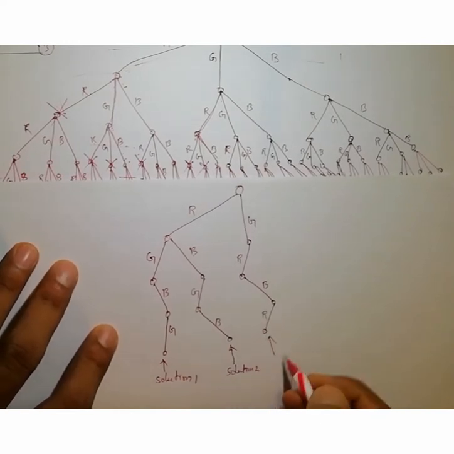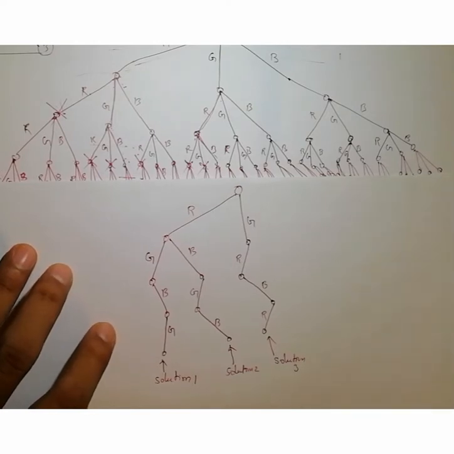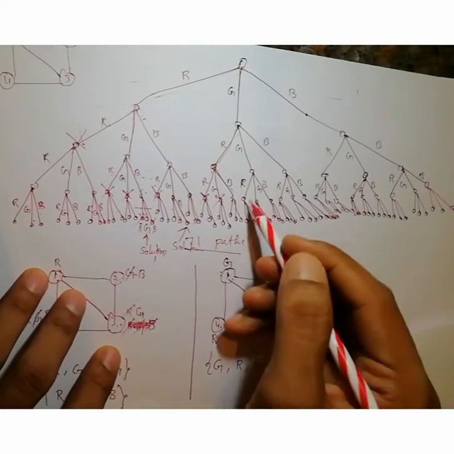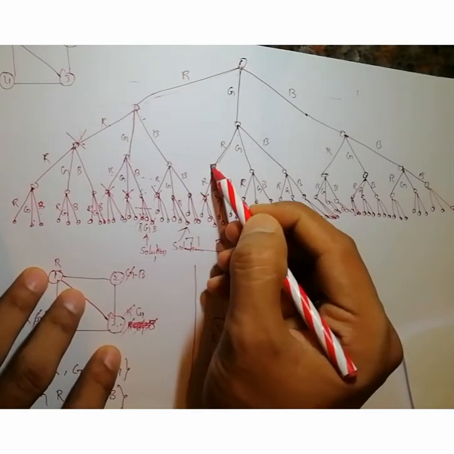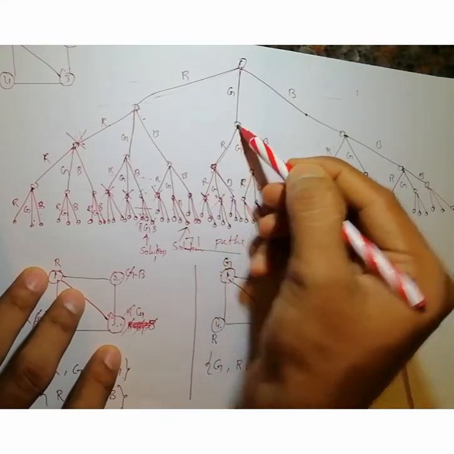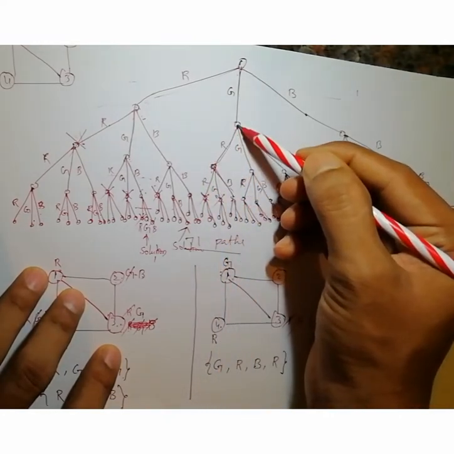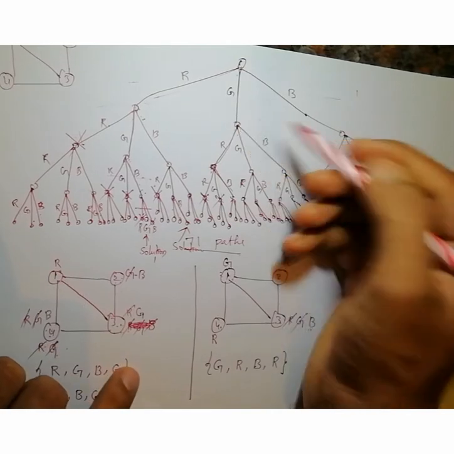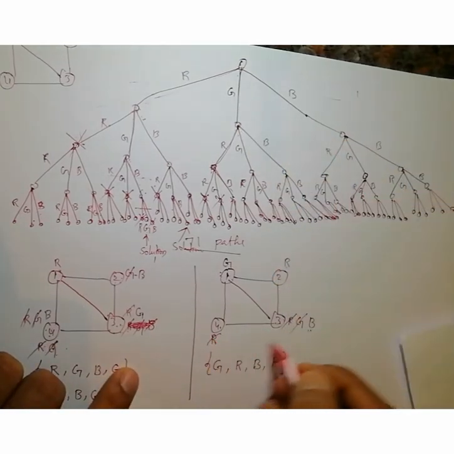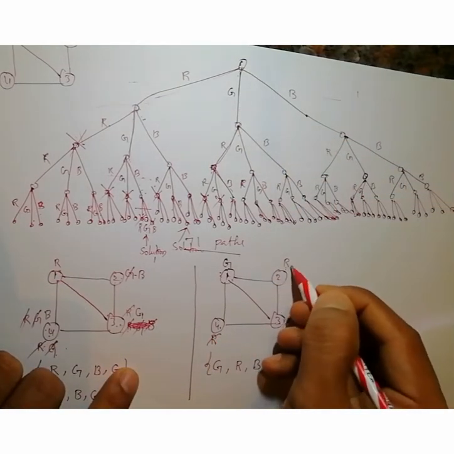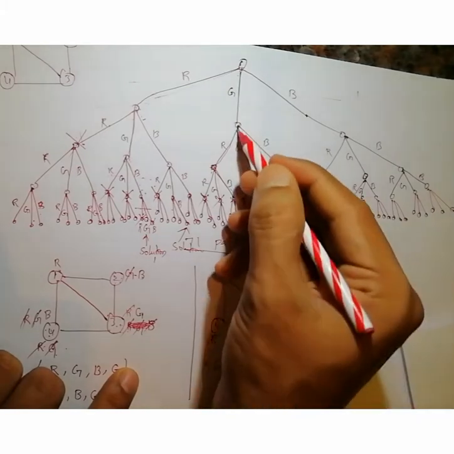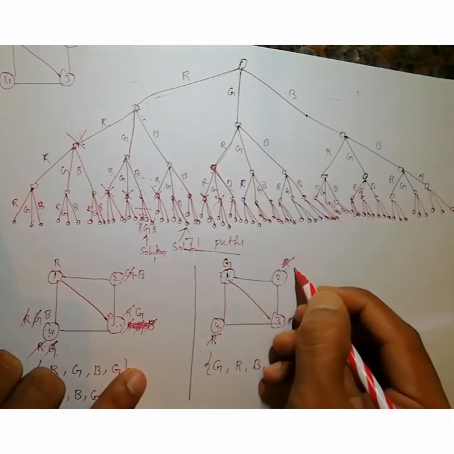So this is our solution 3, right? So again backtrack. So where will it go? Here. Again backtrack, here it will come, right? So again for vertex 2, that means backtrack here. For vertex 2 we are now giving green color, just checking the combination.